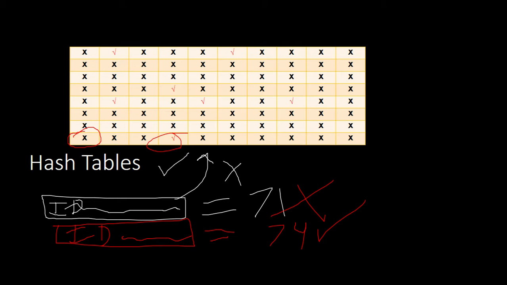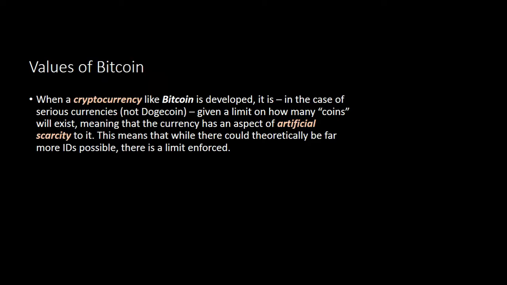So with that said, hopefully you get how hash tables are involved in the Bitcoin process. Okay, so let's go ahead on. Let's address this topic of artificial scarcity. Artificial scarcity is the fact that even though, theoretically, there are so many more IDs possible, because remember,